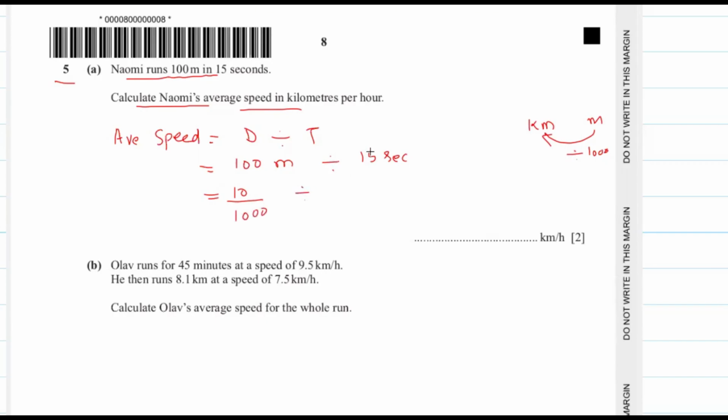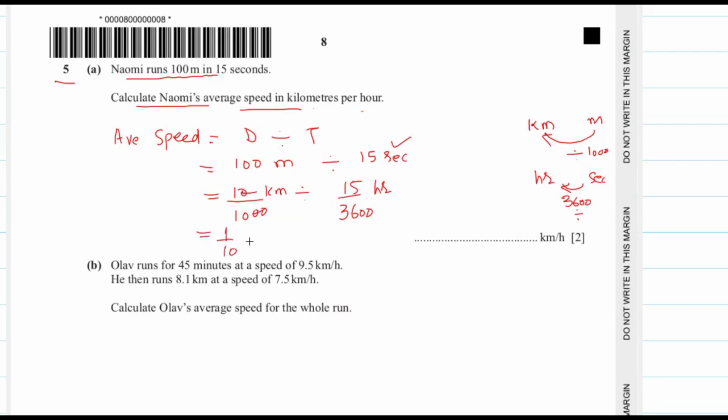And here the average speed is in kilometer per hour. Therefore, we will convert this time from second into hours. We convert second to hours by dividing this value by 3600. When we divide by 3600, this value converts into hours. Therefore, we write 100 over 1000 kilometer divided by 15 over 3600 hours, and this will be equal to